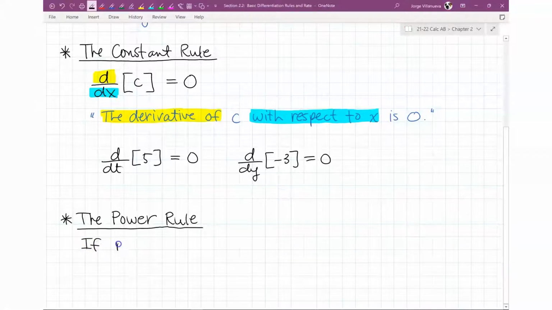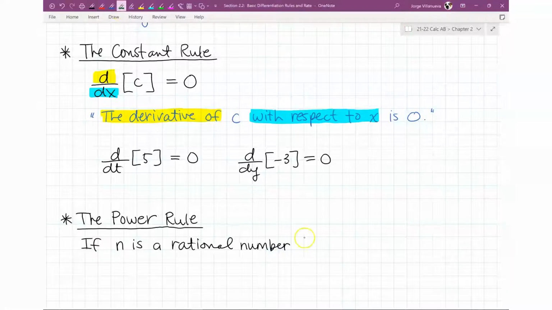It says if n is a rational number, okay, and just so that you know, in math speak, a lot of times in books, they'll write it like this. That's what that means. N is a rational number. Okay, so that's just shorthand. So if n is a rational number,